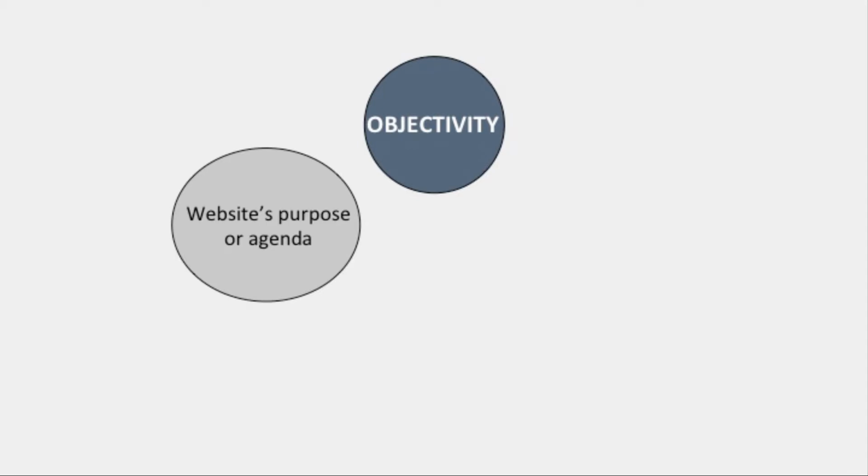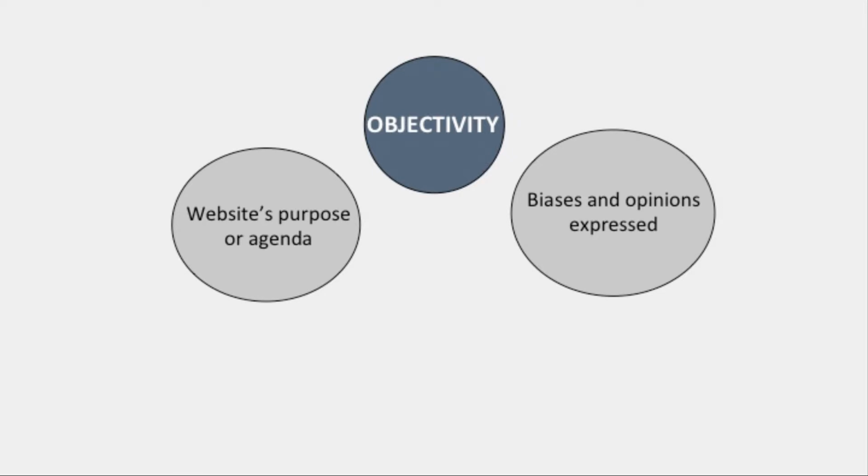Objectivity focuses on the biases and whether the web page has a specific agenda. Objectivity can be observed by considering the goals of the web page, any opinions expressed, and if any products or